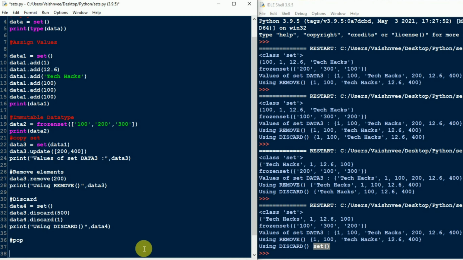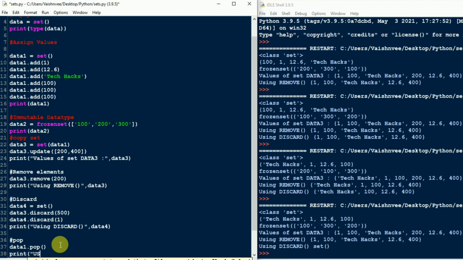Whenever you want to remove some random element in your set, then you can make use of pop. Suppose for that what you have to do, just write the set name, that is, here I am writing data1.pop. Under the pop method, don't write any element name.